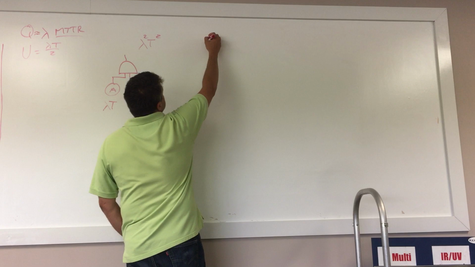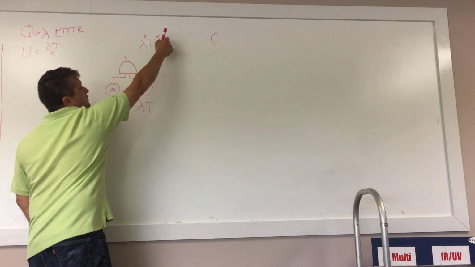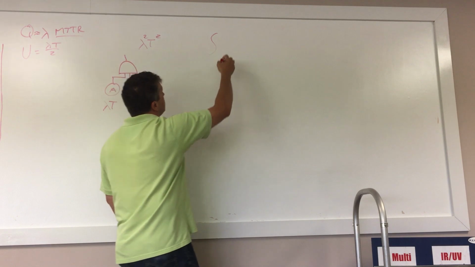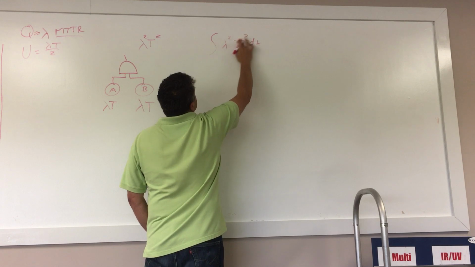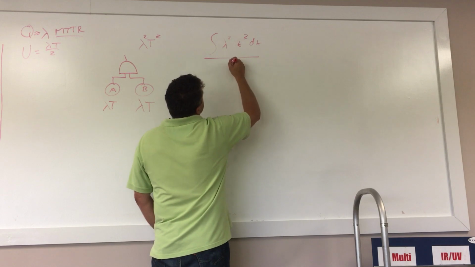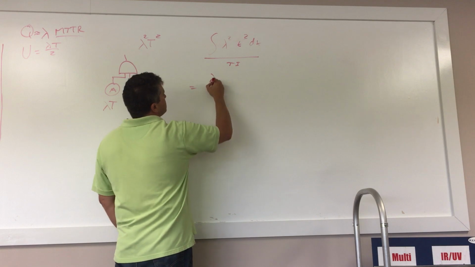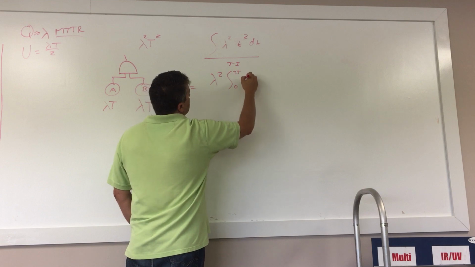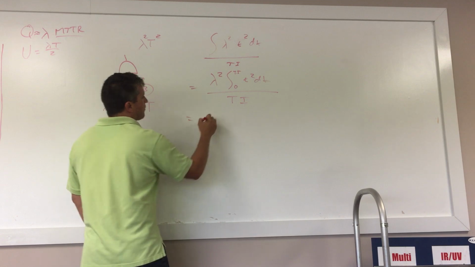So for our 2 out of 3 system, if we average after logic, which means we're going to do our integration on the result of the AND gate as opposed to the inputs of the AND gate, it'll be lambda squared t squared dt. Let me make this a small t to keep things clear. All of this divided by the test interval. Fancy calculus. So take the constant out, all of that over ti. And now I do my integration. I'm going to have lambda